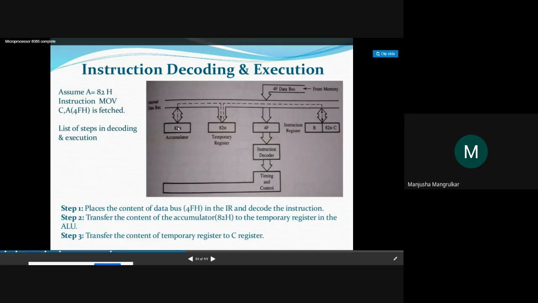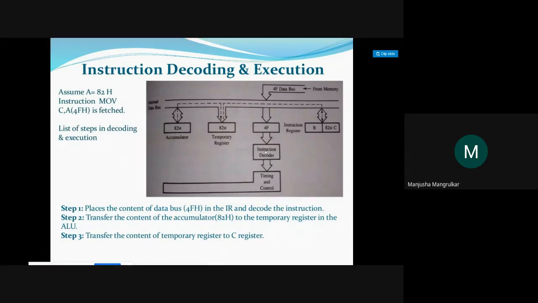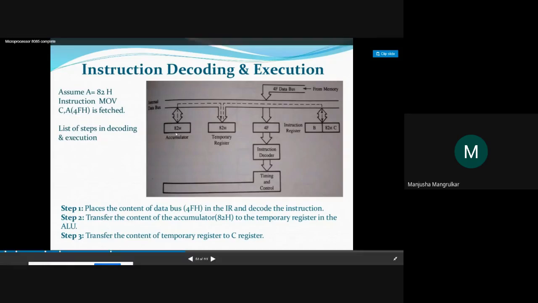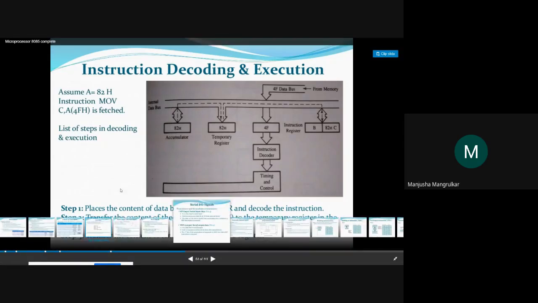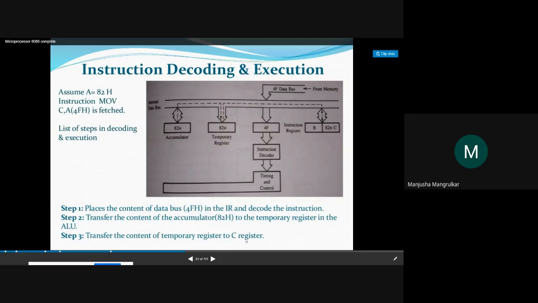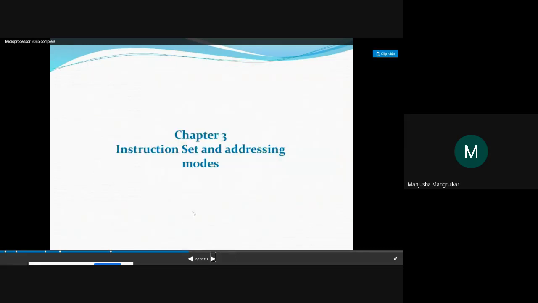The second task is that the data in the accumulator is what this instruction refers to. The meaning of 4F is that whatever data is in the accumulator should be copied into C. So it is copied, 87 into C: the content is transferred to the temporary register and then from the temporary register to C, right? So the accumulator data is transferred into the temporary register, and the temporary register transfers it into C. Indirectly, our accumulator data is transferred into C, right? This is it. Now in the next